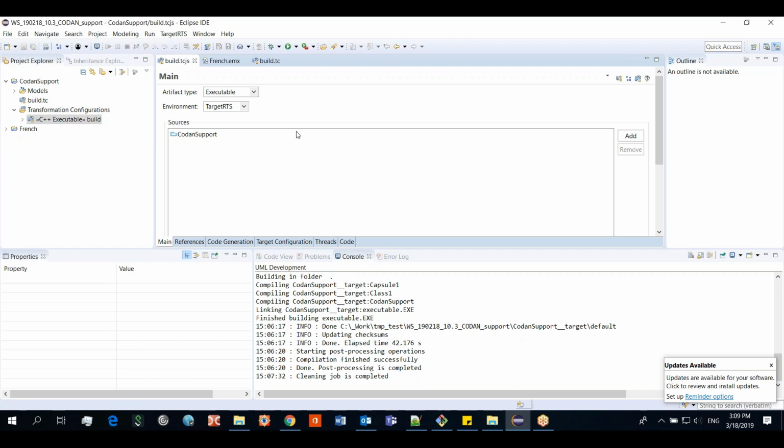First, I will talk about the improvements in Codan support. So we have had some functionality for Codan support, but now we have enhanced it quite a lot, and we are now using CDT built-in compiler settings provider that is updating the target projects and providing information for C++ indexer for Codan. So now I will show you